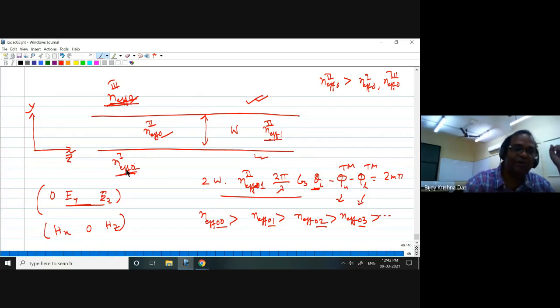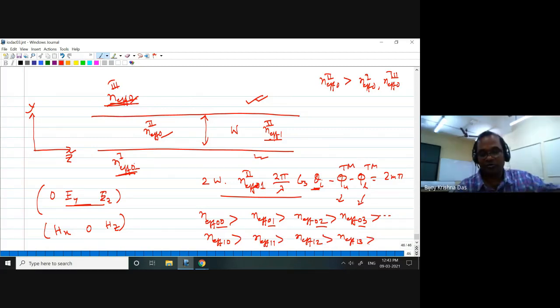If that is higher, you can construct another 1D waveguide. And in that case, whatever solutions you get, N effective 1,0, N effective 1,1, N effective 1,2, N effective 1,3, they will be again like this. So you have to go forward as long as they are not getting leaked. Up to here, you could visualize, all of you. Any doubt, you just ask me, because this is very crucial.